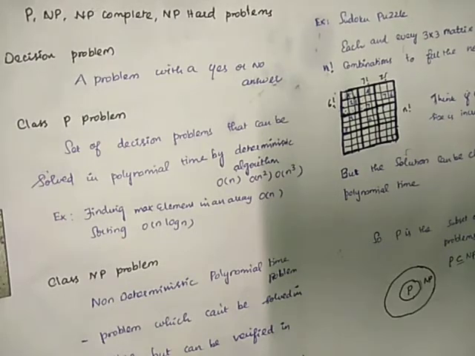A deterministic algorithm will produce the same output for the same input at every iteration or every pass. Example, finding the maximum element in an array. For a set of elements in an array, our aim is to find the maximum element in every pass. For the same input, it will give the same output as an answer.